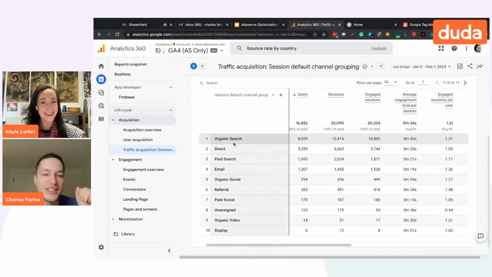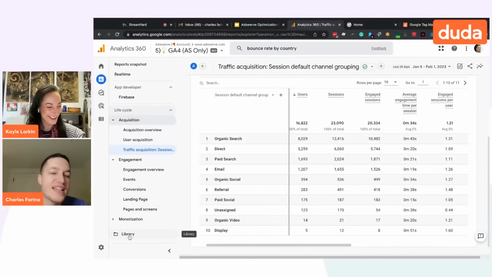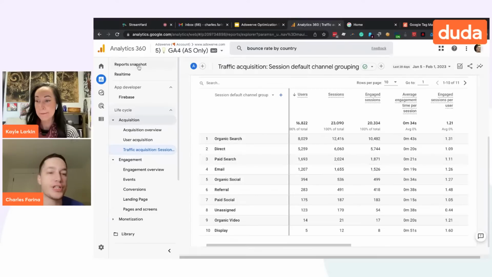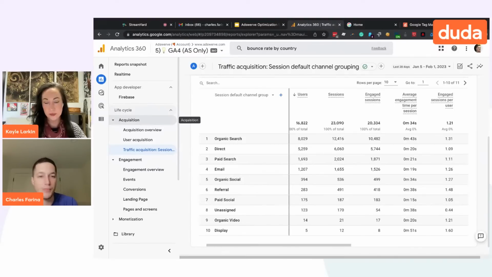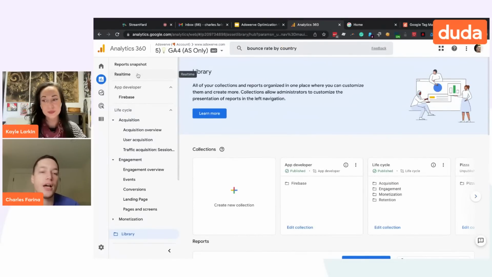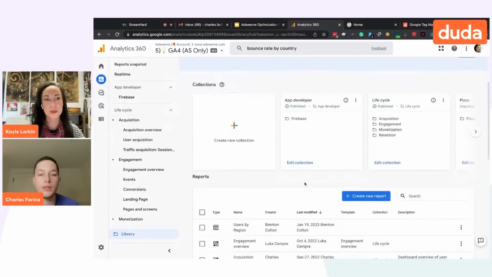So this normally works. The second way you can do it is there's a brand new feature called the library in Google Analytics. So historically, Google has never let you change the standard reports. Everyone that would log into Google Analytics would see the exact same set of reports and capabilities, and every company and organization would also see the exact same set of reports. They were never customizable. What the library does is this is the first time where Google is actually allowing anyone to customize and curate the reports and experiences that people see when they log in to Google Analytics.